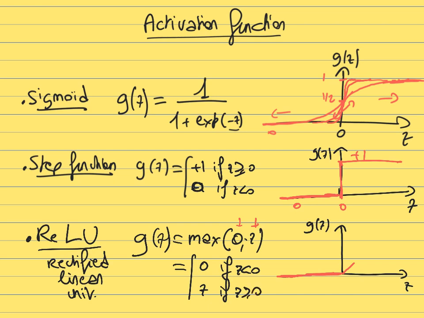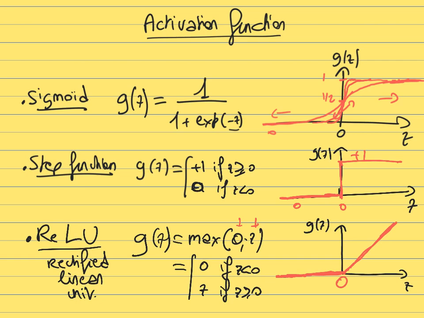So in this case, the function is just going to look like this. As soon as z becomes positive, it gives you back exactly the same z. So this doesn't look necessarily very useful, because it just gives you back exactly the same input. But the main value of this is this nonlinear behavior, that the neurons can either block the signal or transmit the signal depending on whether it exceeds the threshold or not. So this is what is creating a nonlinear dependence.